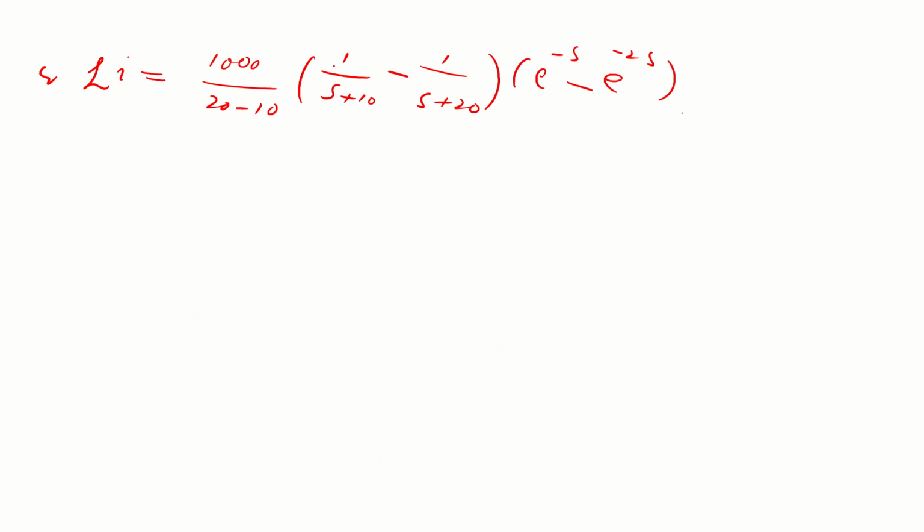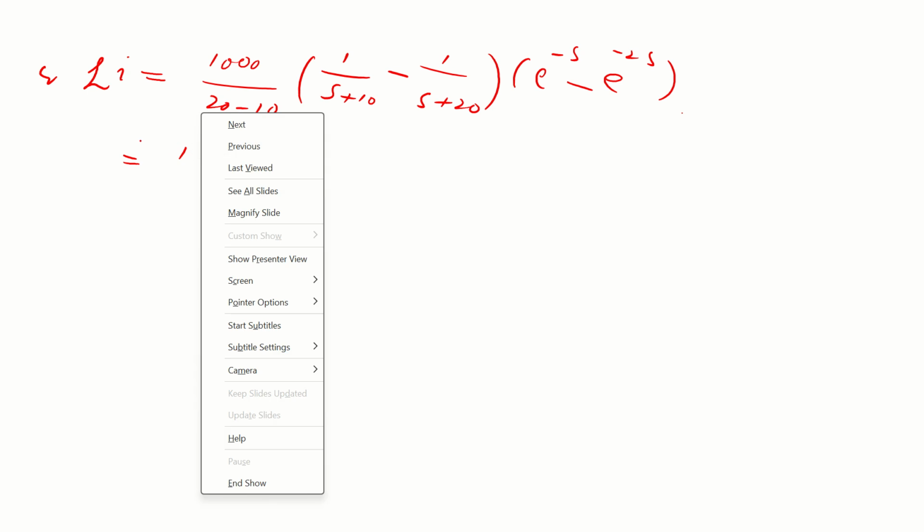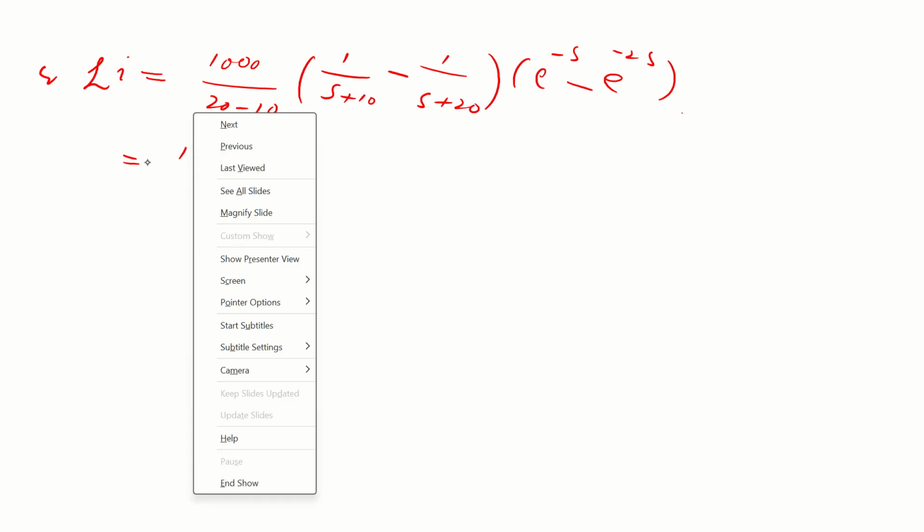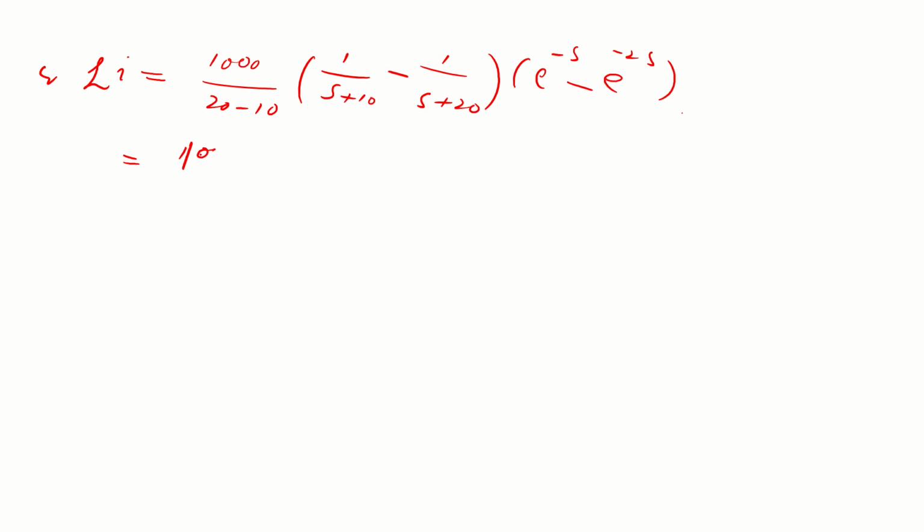It is just a partial fraction by using a shortcut method. This is 1000 divided by 10,